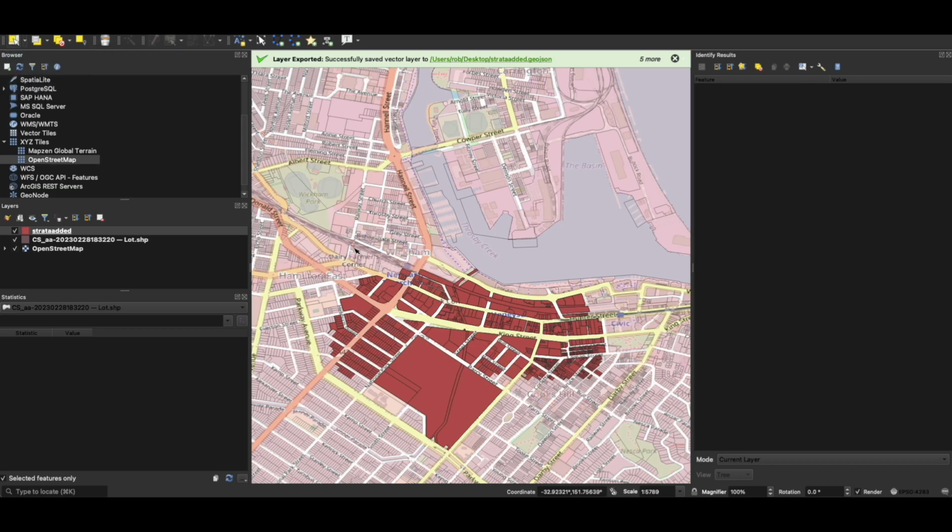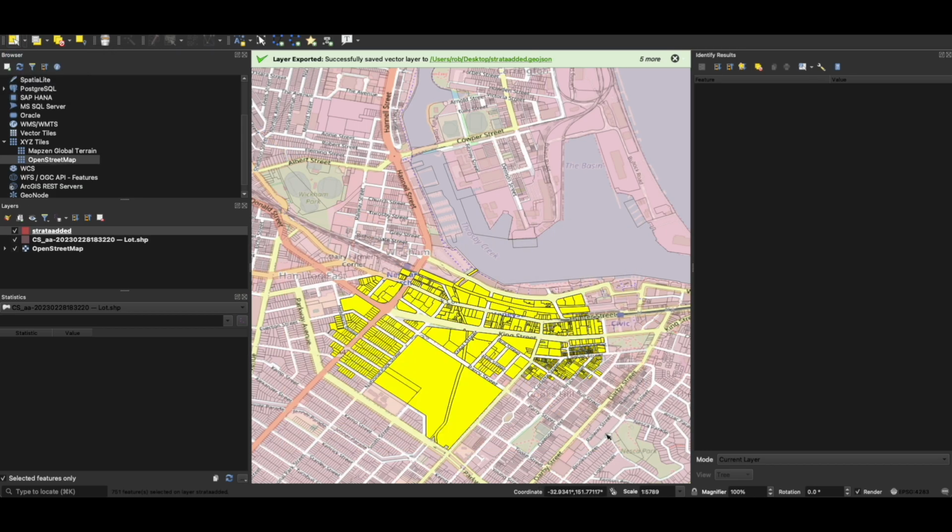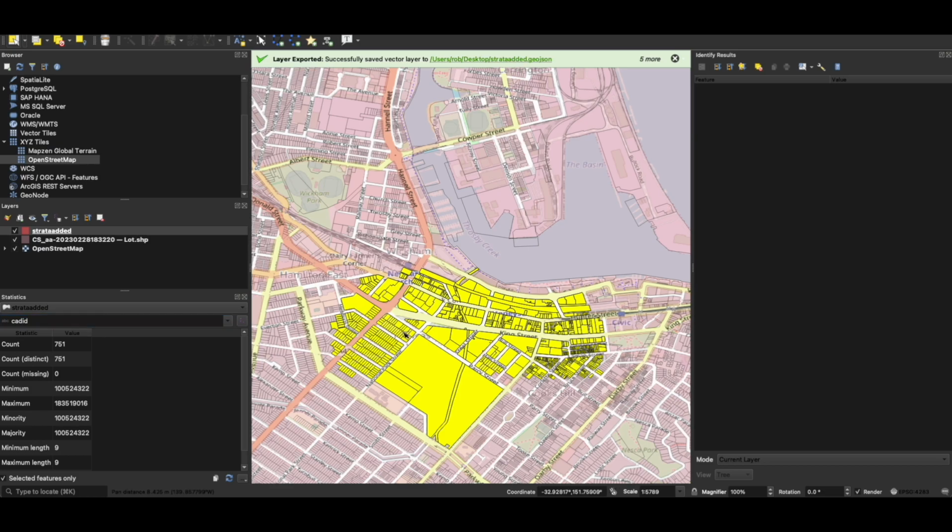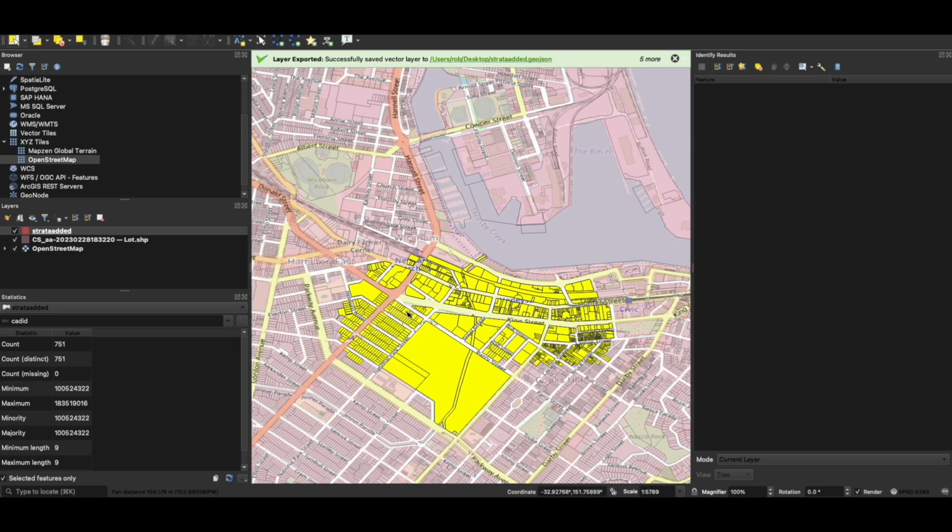How do I select? Select features, yes please. Okay, and I'm going to do this on strata added, refresh. CAD ID, there we go. Count, I've got 751 features,